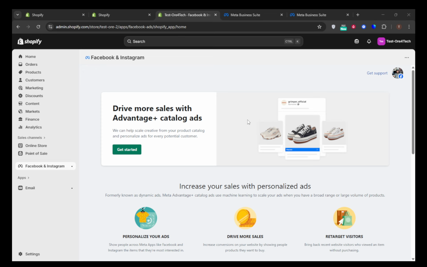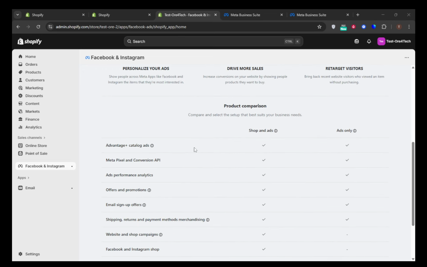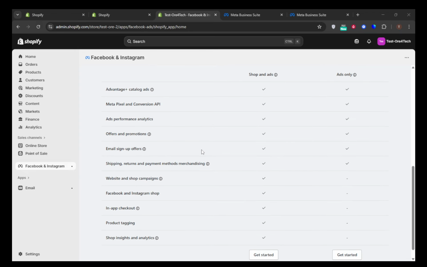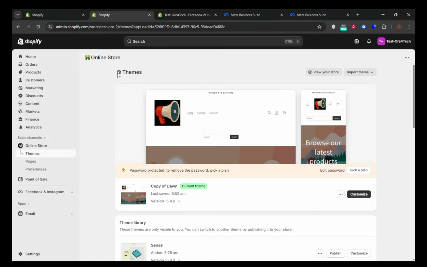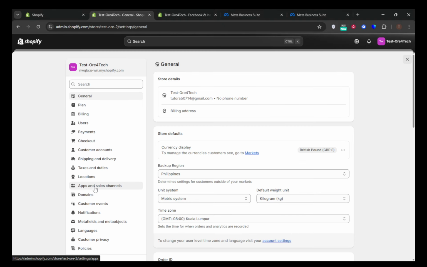Let's start by checking the Facebook and Instagram app within your Shopify setup. You'll want to head over to your Shopify admin. Once you're there, go to Settings, then Apps and Sales Channels, and navigate to Facebook and Instagram by Meta. It's crucial to ensure that your Facebook account, Business Manager, Page, and Ad account are all connected properly. This connection is the backbone of how Shopify communicates with Facebook, so double-checking that everything is linked correctly is a